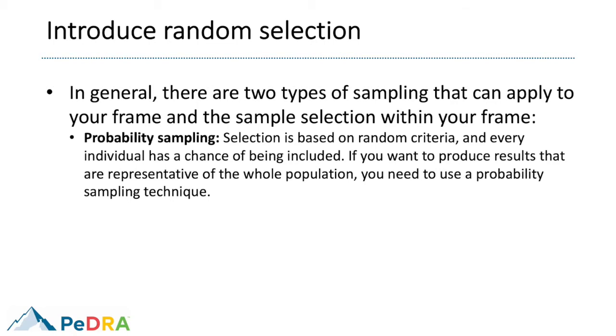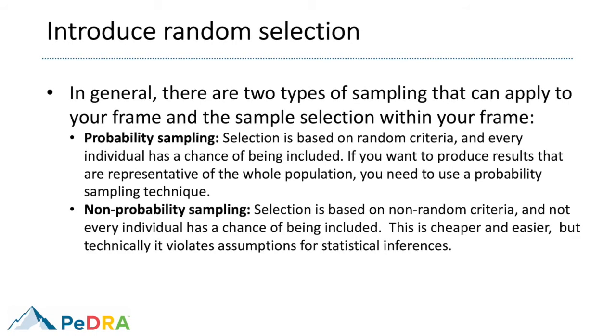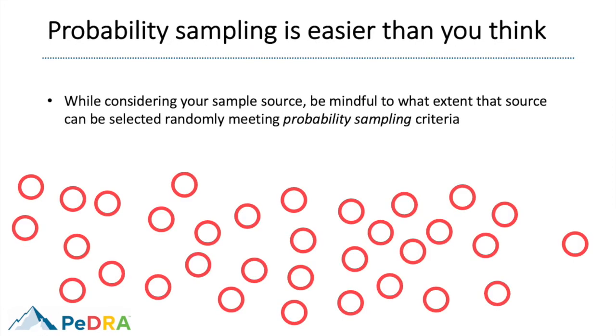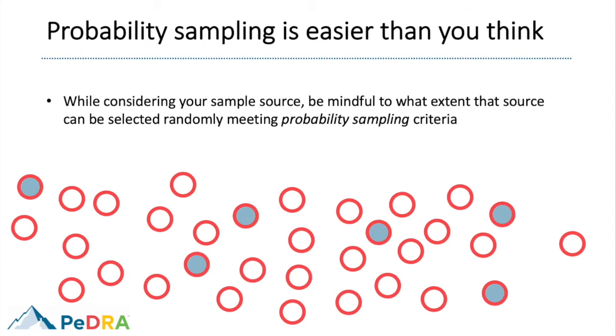The second is non-probability sampling. Selection is based on non-random criteria, and not every individual has a chance of being included. This is cheaper and easier, and therefore it's most common. But technically, it violates assumptions that are required for statistical inferences. Probability sampling is easier than you think. While considering your sample source, just be mindful to what extent that source can be selected randomly, meeting probability sampling